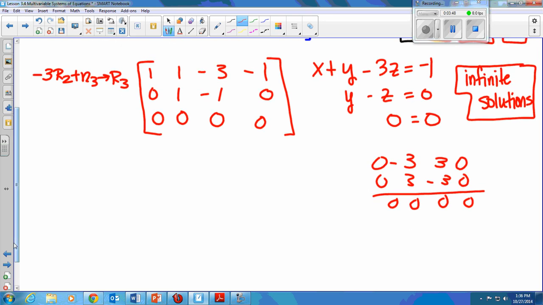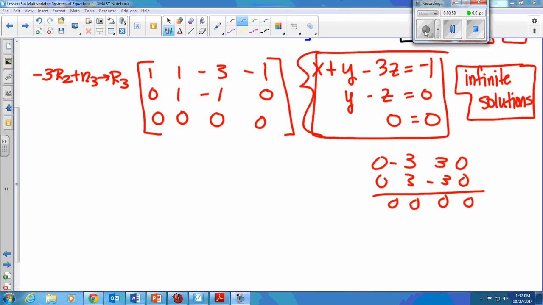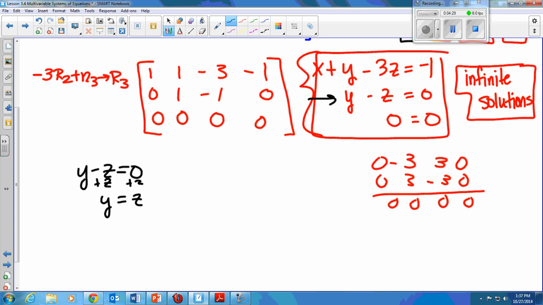All right, so now you've got to tell me how everybody is related. So we're going to do that by looking at my system of equations right here. What do I know? If I take this equation right here, if y minus z is 0, what do I know about y and z? Y minus z is equal to 0. So y is equal to z, right? Y subtract z is 0, so if I solve this to get y alone, I get y is equal to